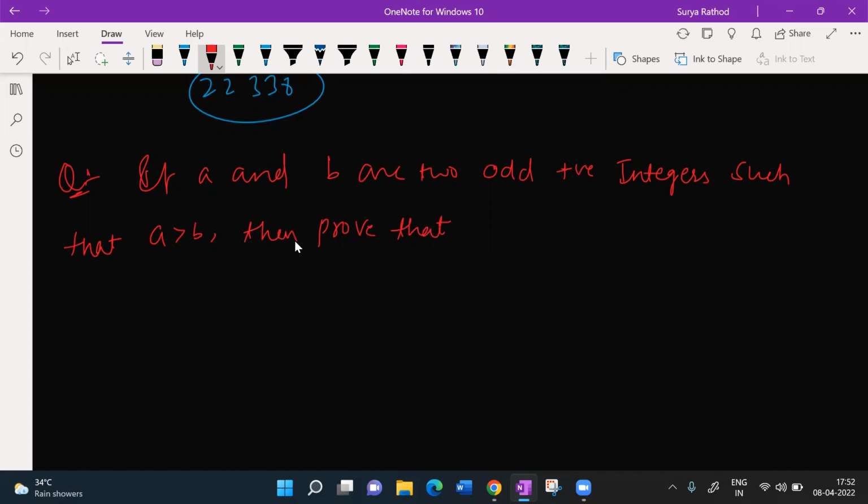Then prove that one of the two numbers a plus b by 2